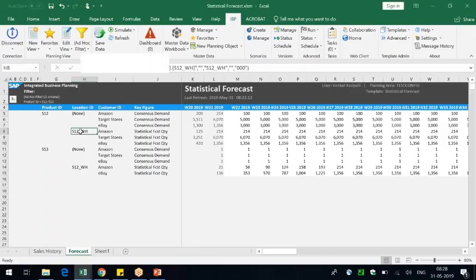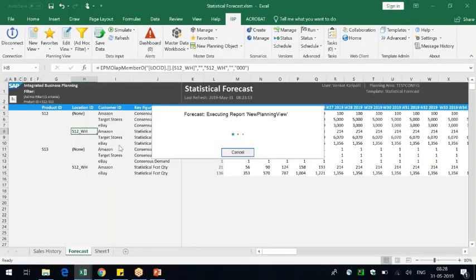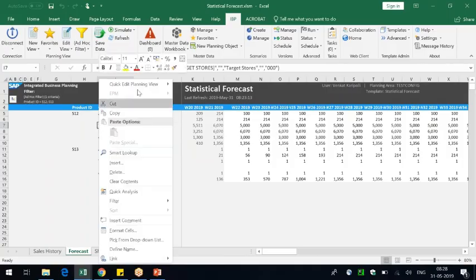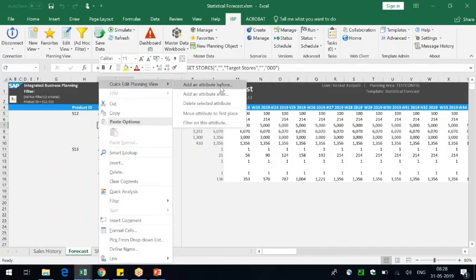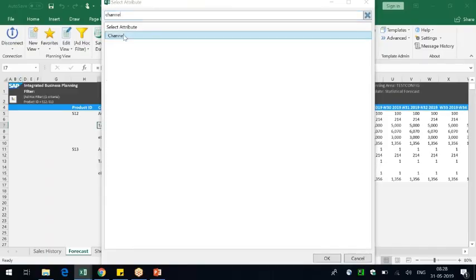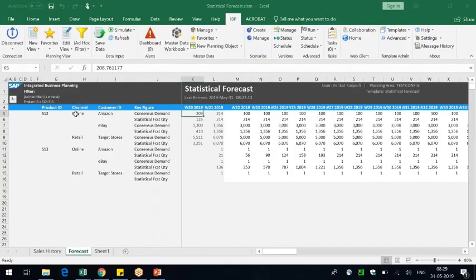And also, I can delete the selected attribute. The system shows the aggregation again. So I think I have something called a customer channel. Yeah, see, there's a channel called online here, and two customers that belong to that channel are available here.